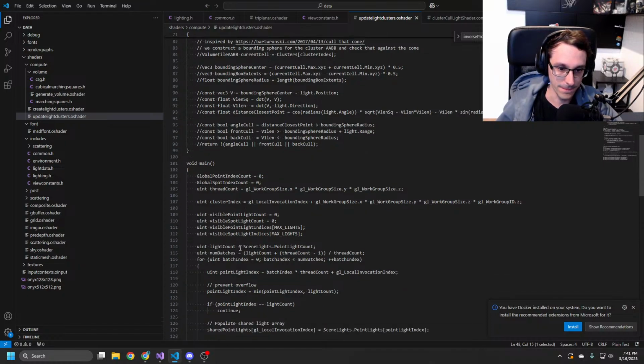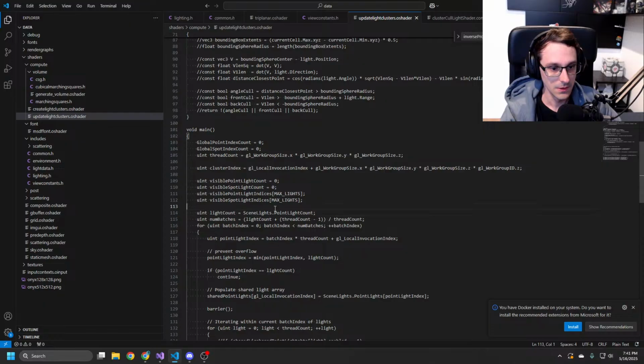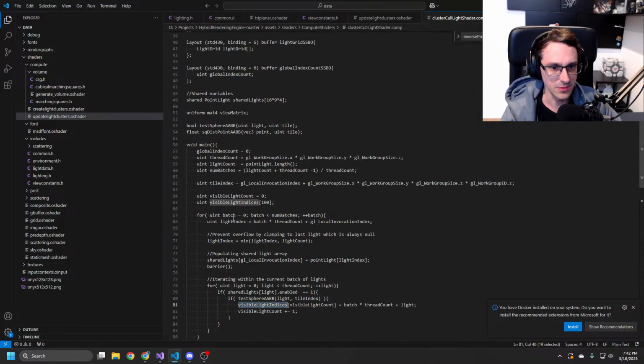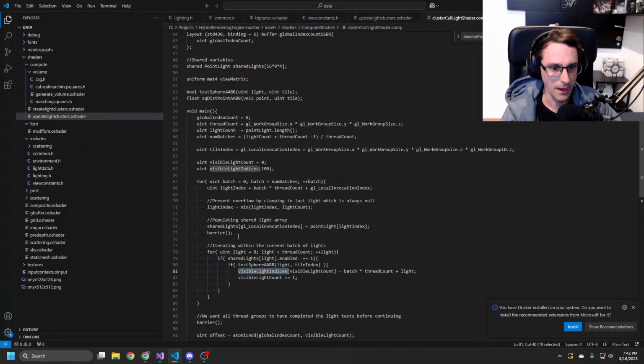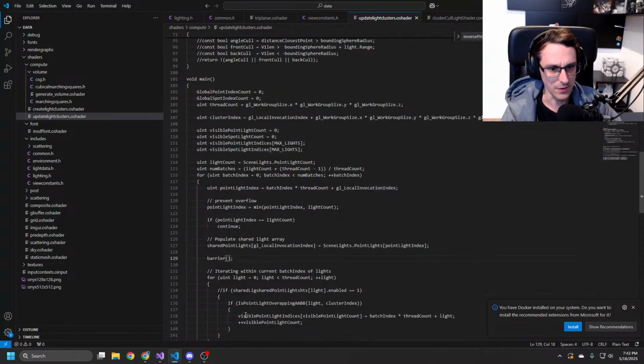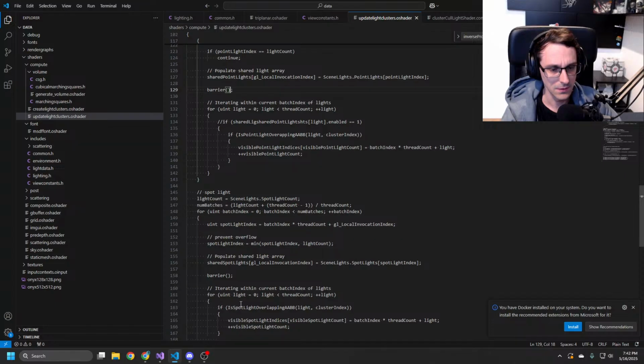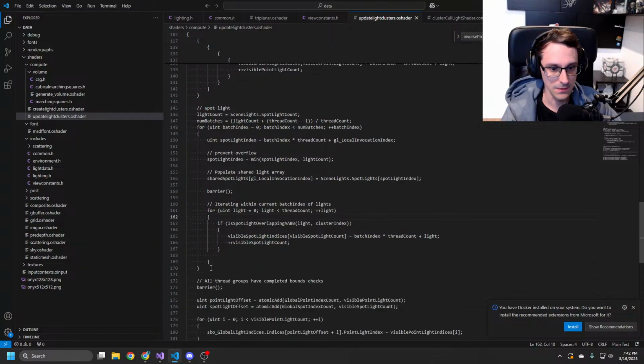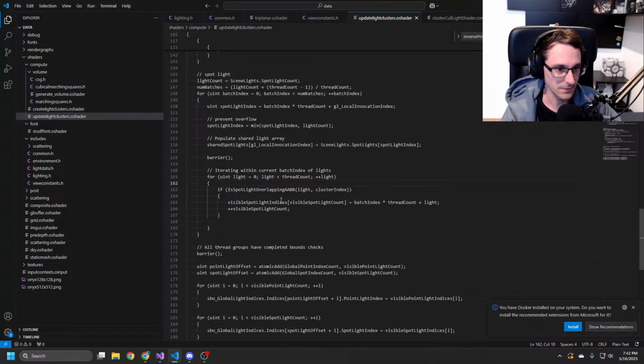But yeah, and then probably we want a barrier here as well. Or maybe it's good enough if we have the barrier here. I'm not sure. Maybe it's good enough.